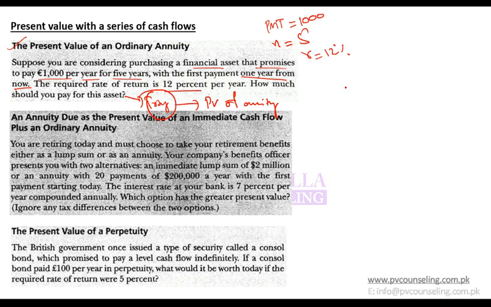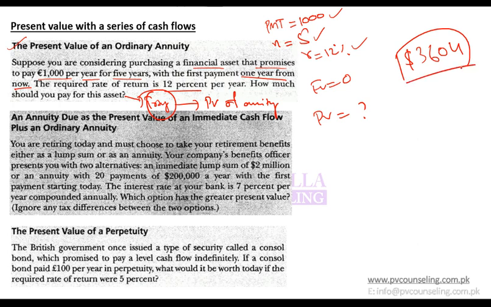And how do you find out the present value of an annuity? Similarly, you plug in n in your calculator, payment, r, and future value is 0. When you find out present value, it will give you the present value of this annuity, or the payment that you should make as of today. So 5, 1000, 12, 0, and when you compute PV, it should be 3604. Yes, so $3604 should be your present value, the payment that you make today